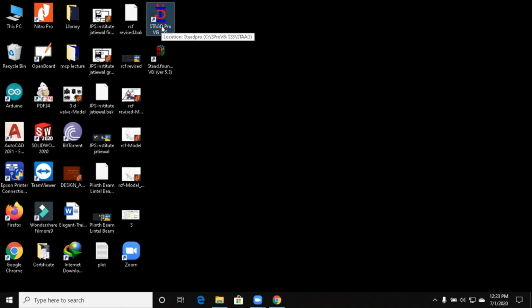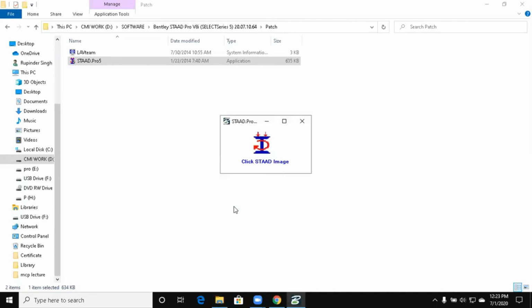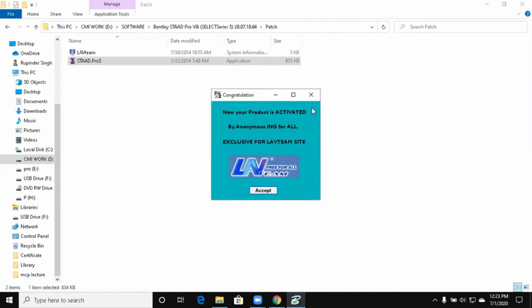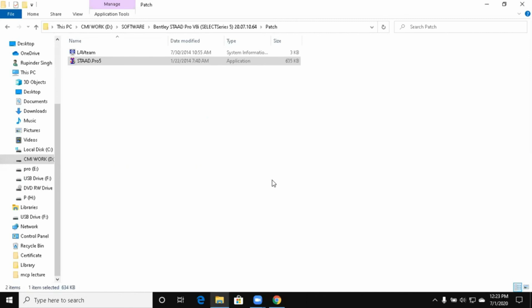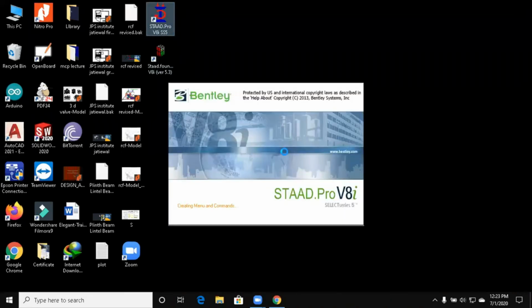Now the second thing you have to do is patch your software, because before that it will be a trial version. So all you have to do is kindly copy or run the patch which is given to you in your setup. Right click on that patch and run as administrator. It will start to crack your software for lifetime, and you have to check whether there is an option that it is activated or not, and then you can see your software is patched, and you can use that software for lifetime. Thank you so much.